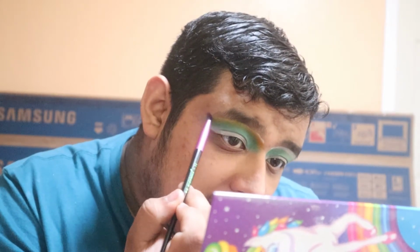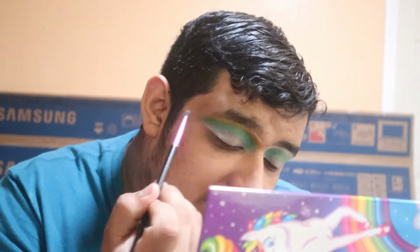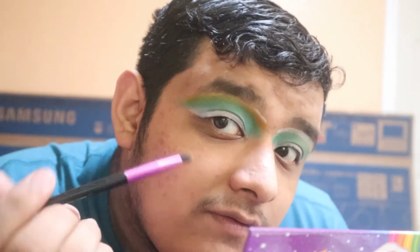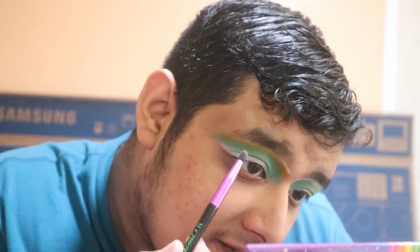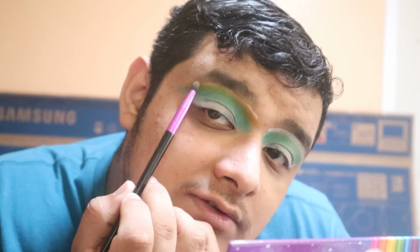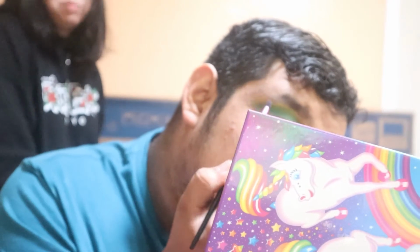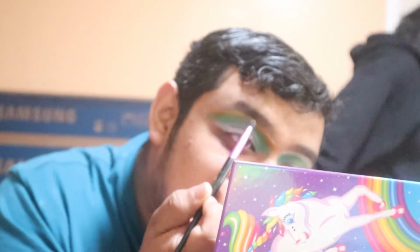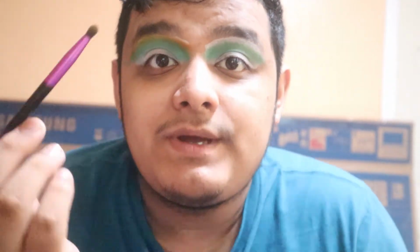Now the shades in this palette aren't the most pigmented, I'm realizing right now. I'm trying to add right here, but it's getting a little patchy in certain areas. But I'm just gonna slowly build those up and see if I can get more shine and color out of those. And then I'm just gonna add the yellow to the other side as well. All right, so now that the color has been added to both eyes,